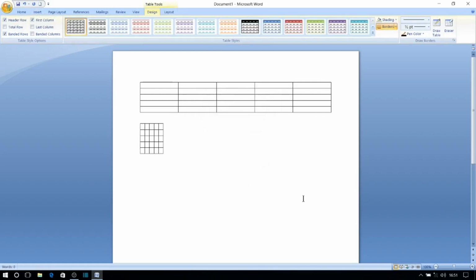Click it and you can see a different type of table, comparatively smaller in size. So this table is called Auto Fit to Contents Behavior Table. That means whenever you enter the data, the size of the column and row will automatically get expanded or decreased according to the quantum of the data entered into that column.